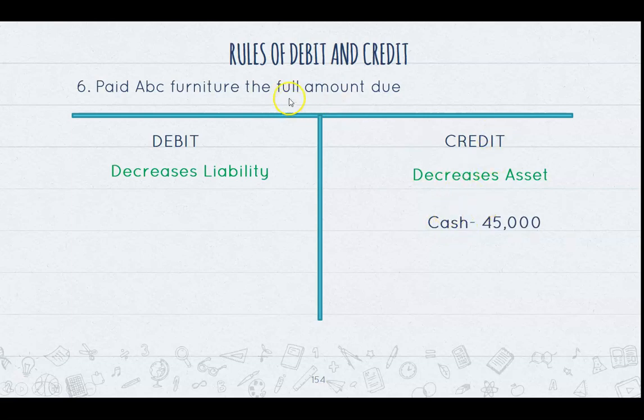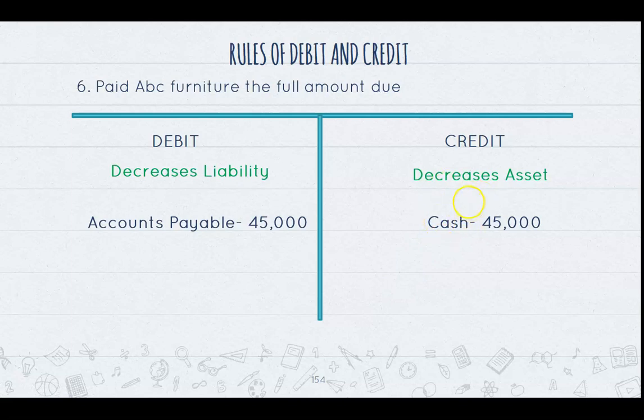Ayun, nakakredit agad. Okay? Kasi merong word na paid. Ayan, huwag niyong kakalimutan to ha. Kapag paid, pag kayo ang nag-paid ulit sa inyong supplier, so ibig sabihin, kayo yung nag-cash out, okay? Credit agad yon yung cash. Okay, ano yung debit? Decreases liability daw. Accounts payable. So, kung kanina, na-credit natin yung accounts payable, ngayon, i-debit na natin. Dahil, paid na. Okay, accounts payable, 45,000 debit, and credit, cash, 45,000